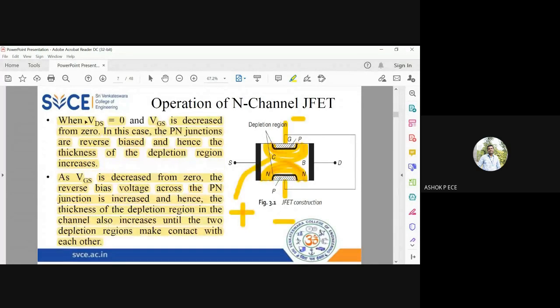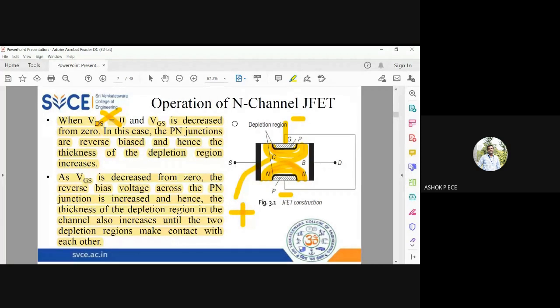Now what I am doing, I am not disturbing VDS. I am just making the gate more and more negative compared to the source, which means I am giving the negative polarity of the battery to the gate and the positive polarity of the battery to the source. See, in the gate, since both sides are short circuited, I need not give separate negative polarity on both sides. I will give only one negative polarity to the upper portion. Since it is short circuit, automatically this negative polarity will appear here also. And to the source, I will give the positive polarity.